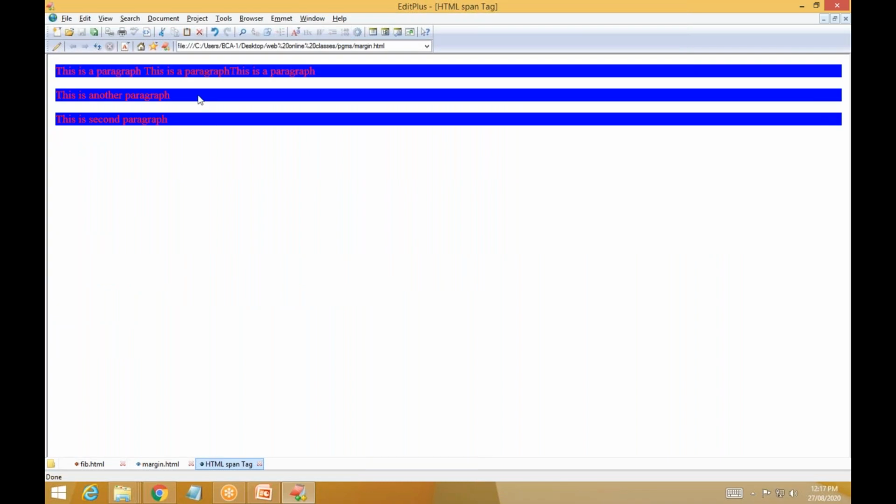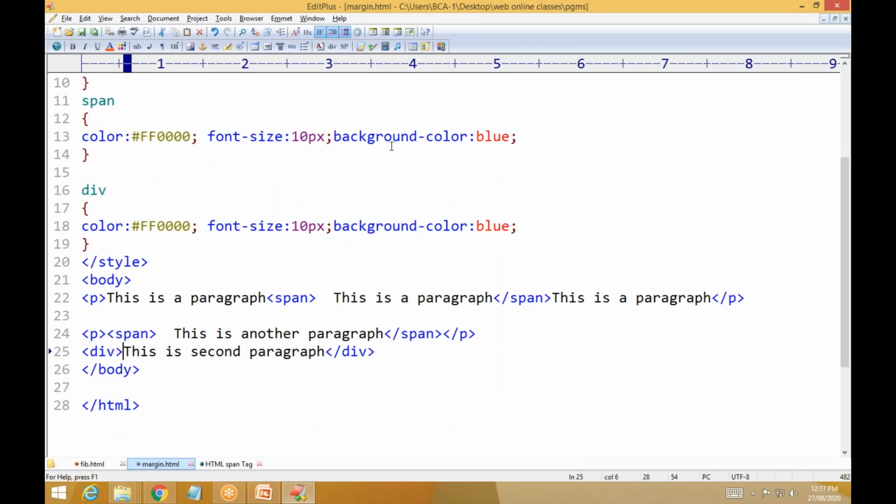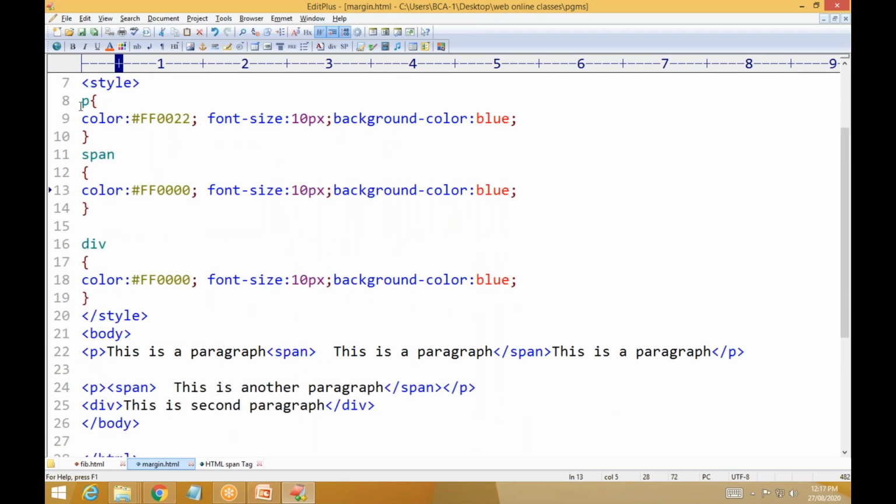See now, this takes the background color like this. Wait a minute, something is wrong here. The division takes the color, the background color is blue. Span, okay, the paragraph.